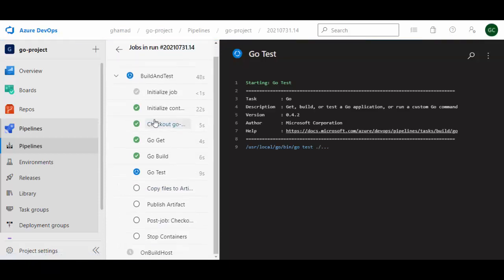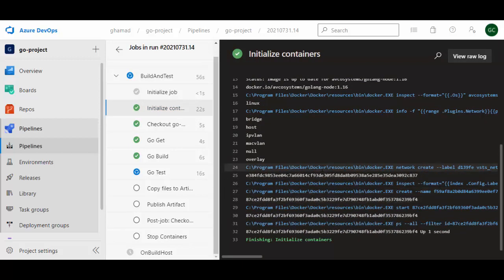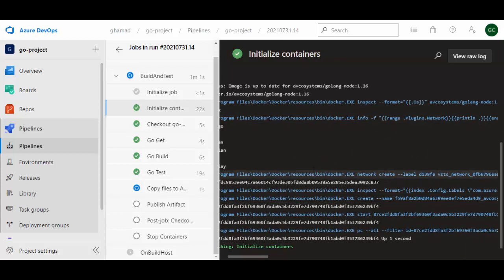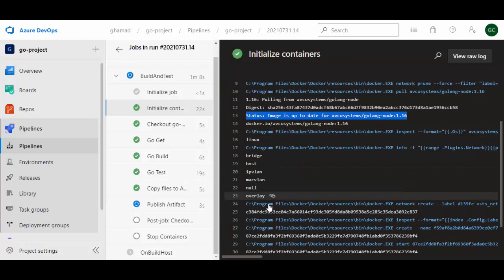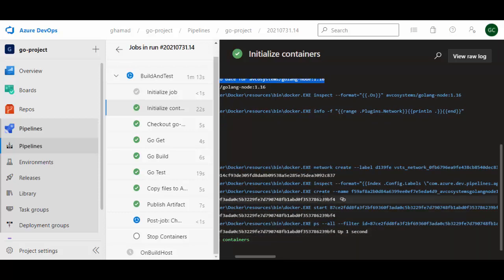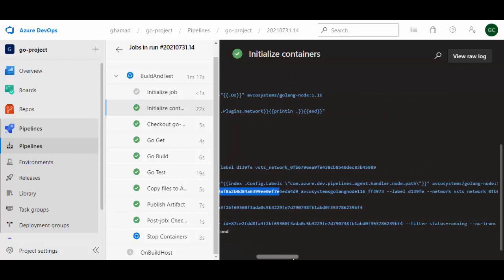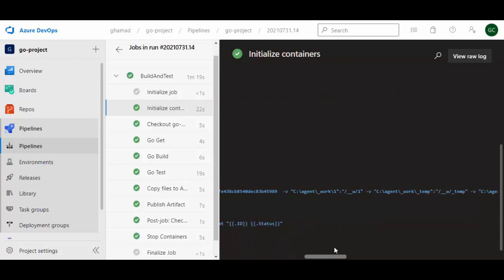Now, if you see here, this is a very important step, initialize containers. And you can see it found that particular container here, and it confirmed that it's a Linux based container. And then if you further come down, when it creates, if you see this, it's creating an image by adding a layer to it. What it does is it's using Docker installed on your Windows, and it